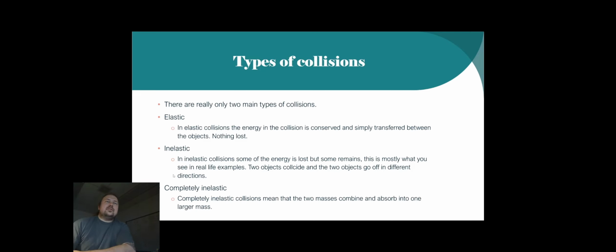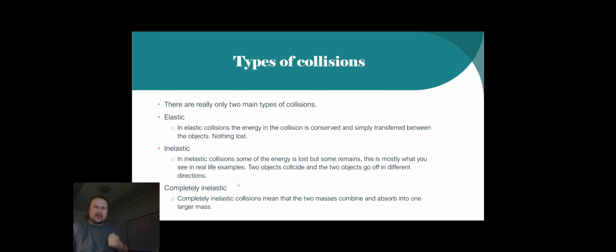If you want to think of it in other terms, instead of a basketball, for elastic you can think of pool balls bouncing off of each other, something like that. For inelastic, you can think of a car accident, two cars coming together at some speed, and one ends up getting pushed out of the way, but they'll slow down and roll to a stop. Completely inelastic would be a car hitting a semi or something, where the car is now smashed together with the semi and moving as one object. You can also think of it as railroad cars,